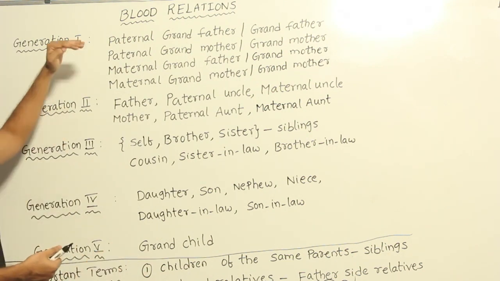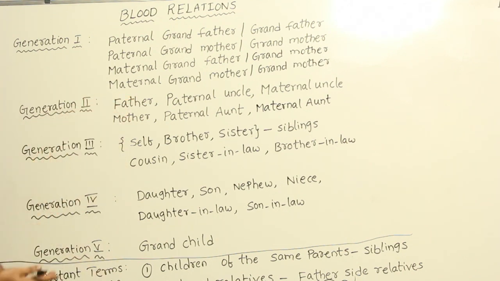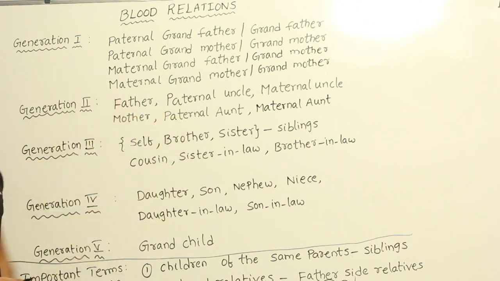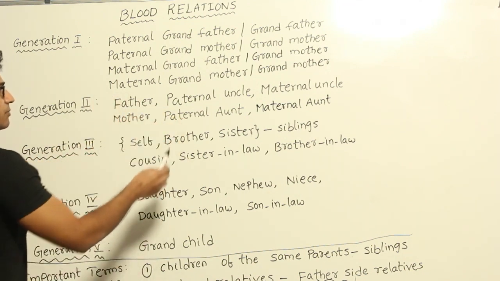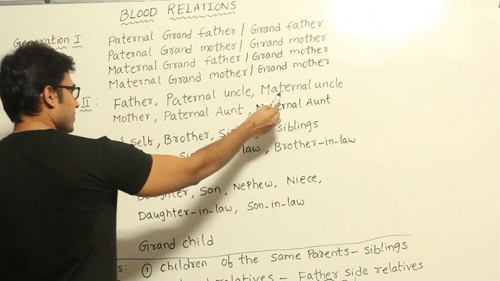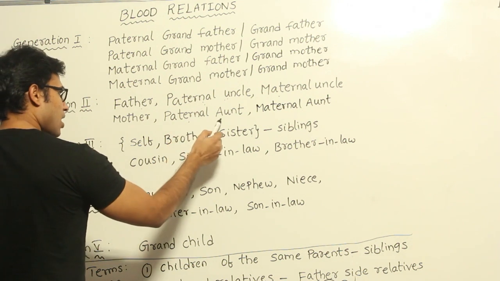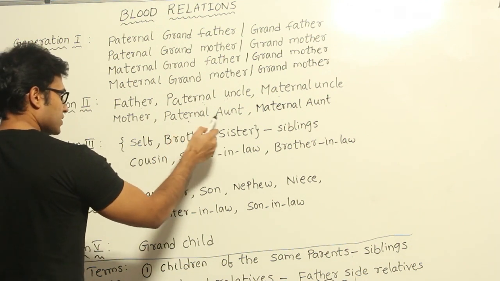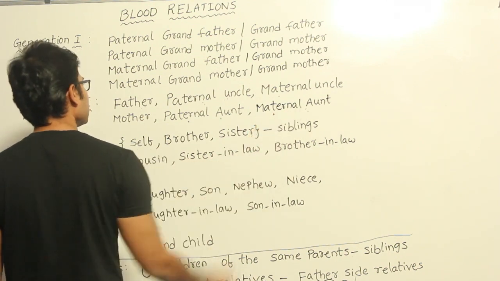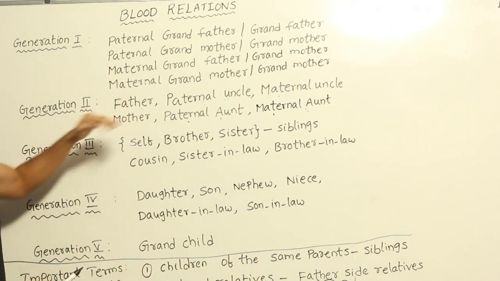Now they are the oldest people in your family. After them, who are the oldest people? Father, mother, uncle, all there, right? So father, mother and their siblings, isn't it? Now a paternal uncle is your father's brother, and a maternal uncle is your mother's brother. Similarly, a paternal aunt is your father's sister, and a maternal aunt is your mother's sister, right? So all these people will come in the next level. So these are the next oldest people.